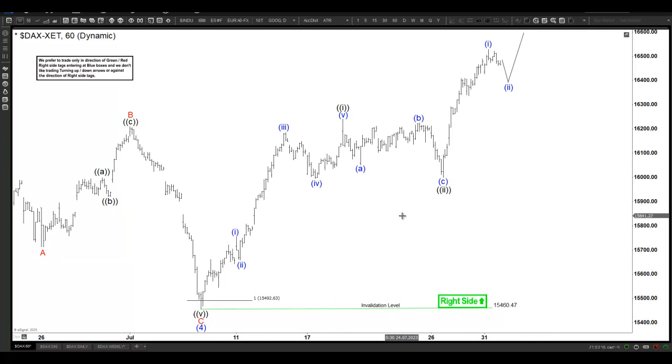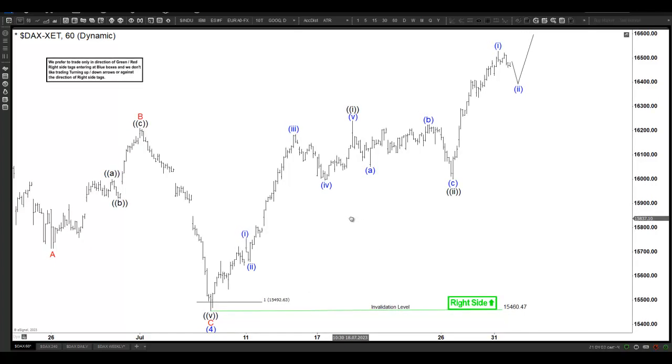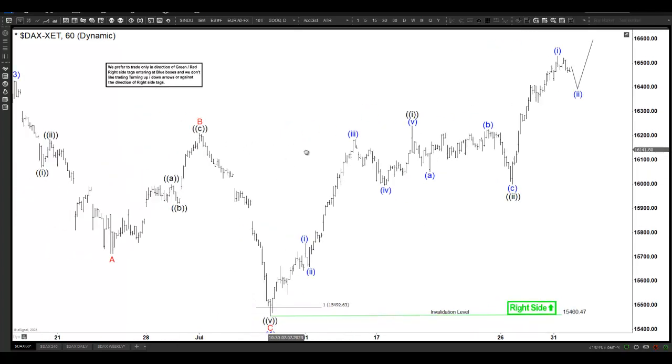We are today on the 1st of August and the time is 2 a.m. GMT. We're looking today at the chart of DAX in 60 minutes. Here we see from the lows 15,460, a new cycle might have started, and we have proved it actually because we have broken above the highs